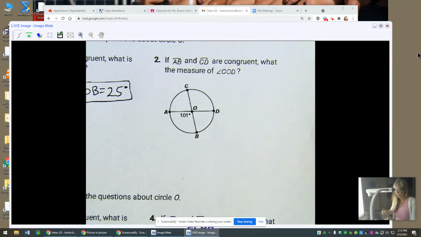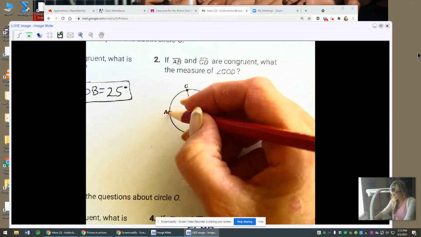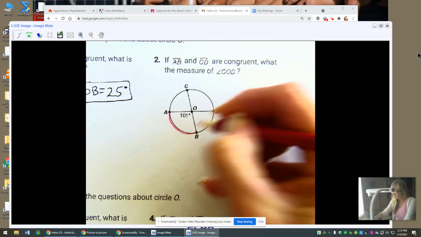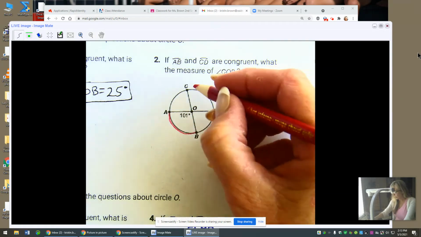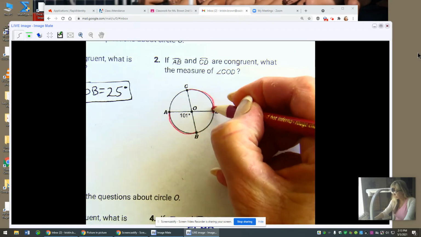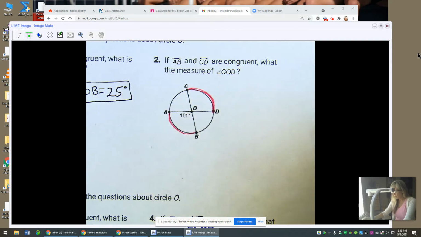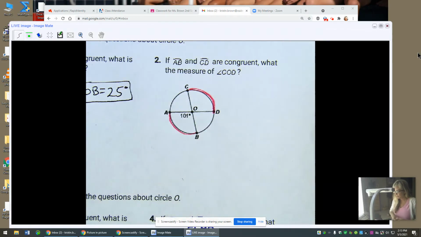Okay, arc AB. I'm going to get some color again. Arc AB and arc CD are congruent. Those are congruent. All right. What is, it got cut off, the measure of COD? So we're looking for